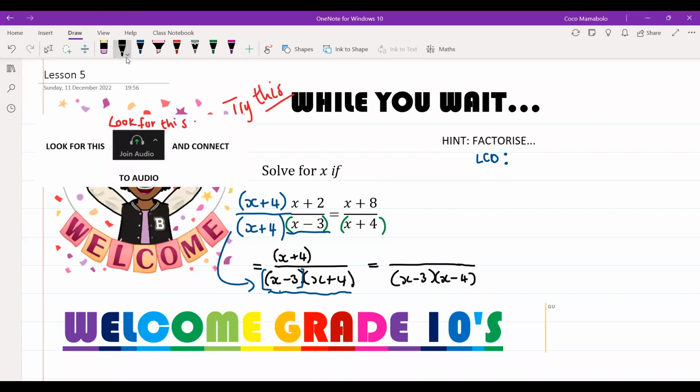X plus 9. All right. Okay. Next question. What part of my denominator is missing on this? What part of my denominator is missing over here? That's it, Funzo. Excellent. X minus 3. So what I do to the bottom, I'm going to do to the top as well. X minus 3.